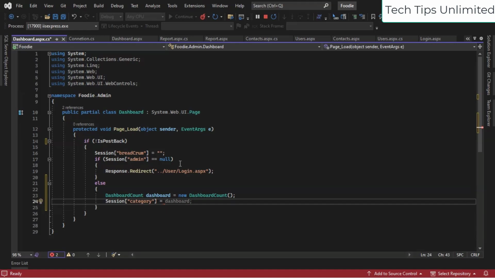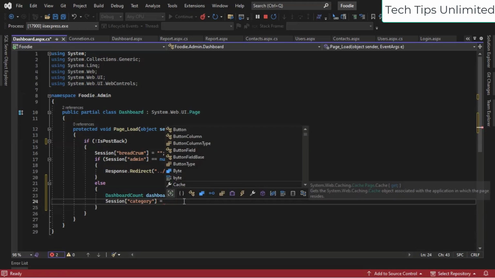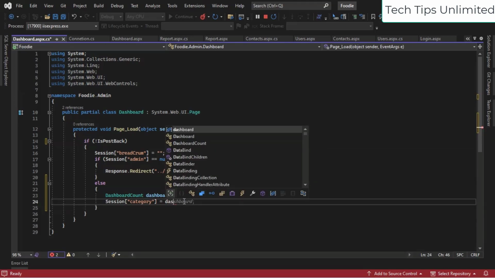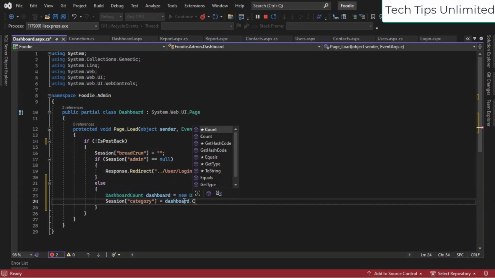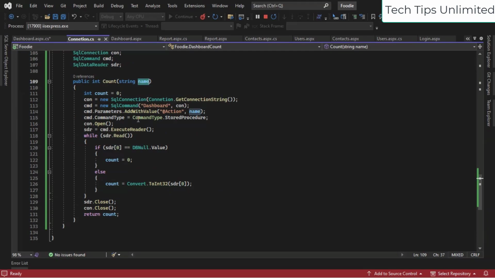So first of all, we need to store that data here, so we need to convert this. Okay, let's try without that. Dashboard dot Count, that is the function name. You can see here it's coming from the DashboardCount class. Its parameter is in string format, that is the table name that we need to pass. Okay, for simplicity we can pass the table name here,